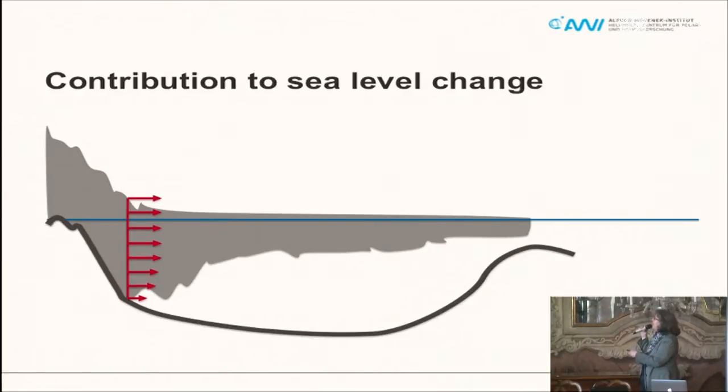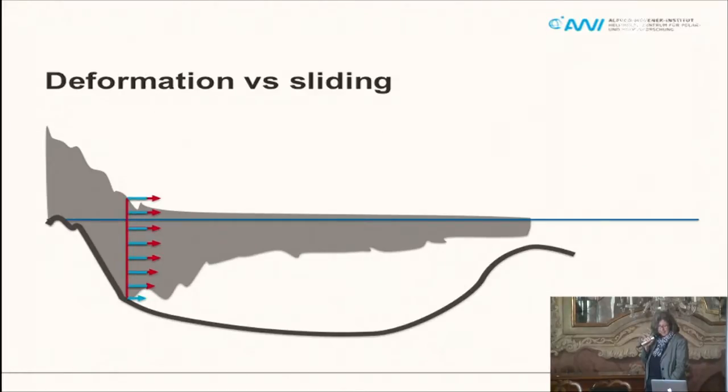So it is not the calving at this end which is the mass loss. The mass loss of the Greenland ice sheet due to discharge is taking place right at the transition from the inland to the floating part at the grounding line. So it's important to know how much ice is discharged, and for that you need to know the velocities at that location. So these velocities are not only determined by the deformation.